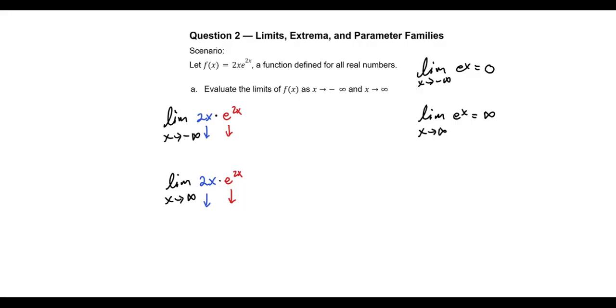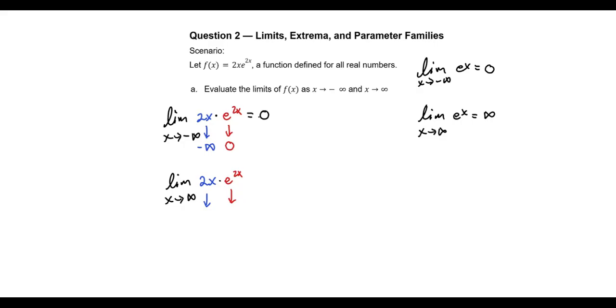So as x approaches negative infinity here, we have 2 times, well, a very negative number. So we're always going to be getting negative numbers that are always increasing toward negative infinity. On the other hand, e to the 2x is just like what we have over here, right? X is approaching negative infinity. It's e to the 2x instead of x, but that doesn't change the fact that this is always getting closer to 0. So you could think of this first piece as like negative infinity times 0, which gives 0 as